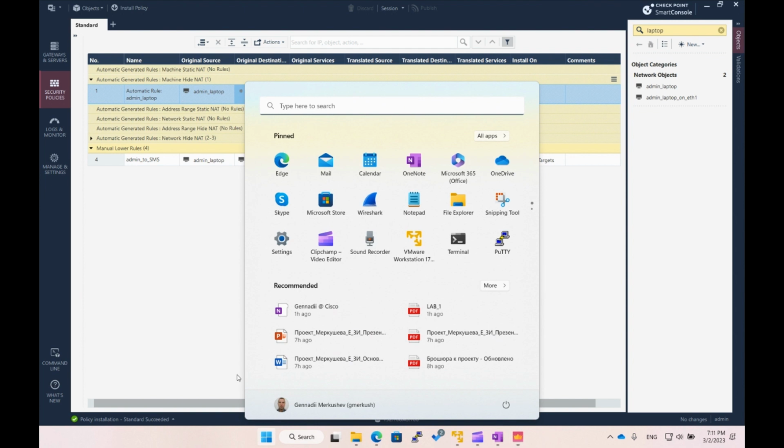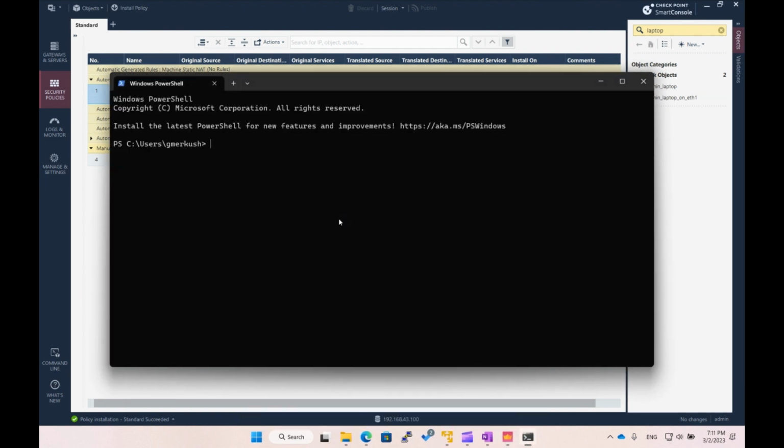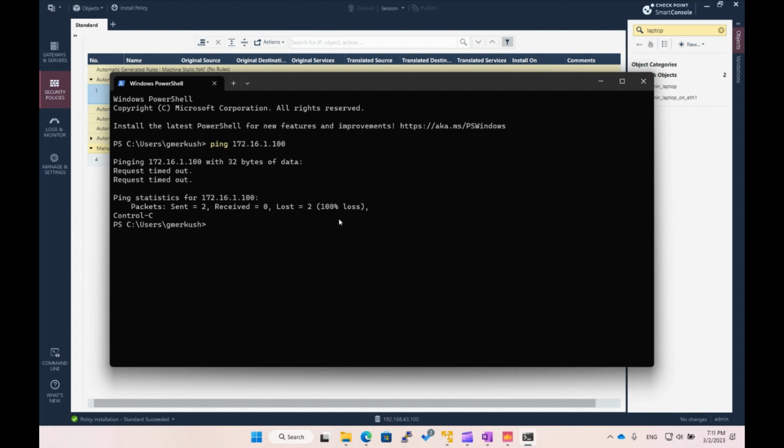We can try making a test. Let's go to the terminal and we will make a ping, for example 172.16.1.100, to get to the LabSMS. And we see that ping doesn't work because this time we really need a route. Previously, when we configured the manual NAT rule, we didn't need a route. Now we can